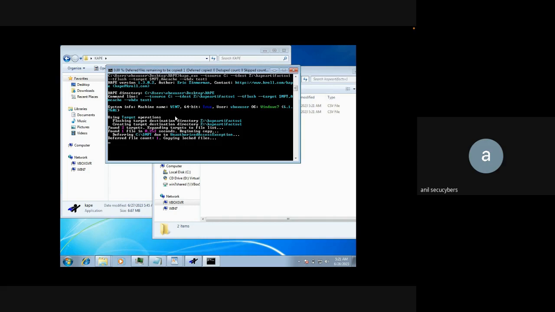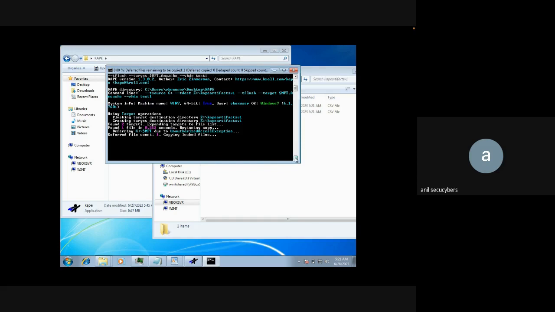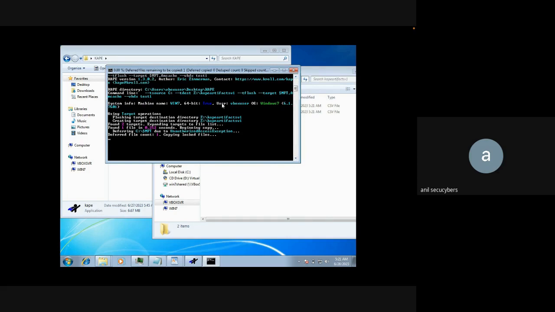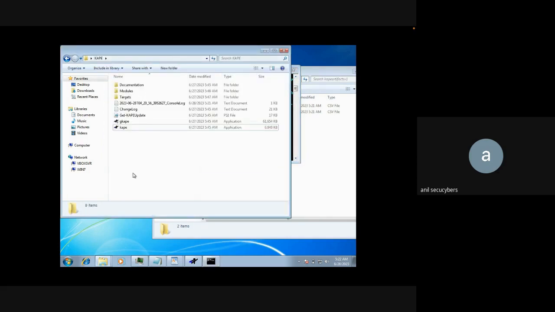So it should be done now, copying log files. Okay, anyways, let it run. And we'll now go to the next topic. Give me 1 second. Okay, and there is one